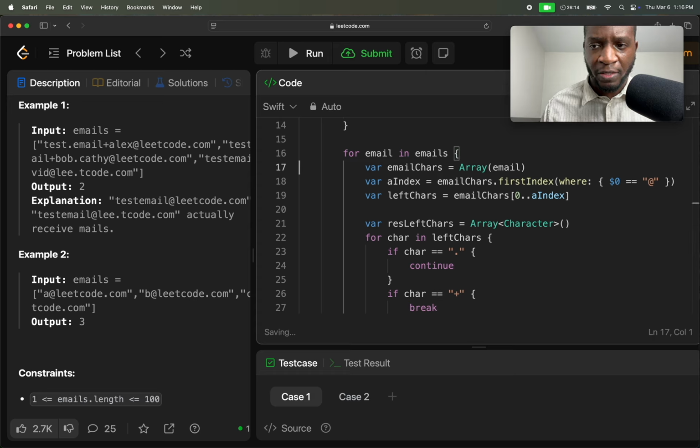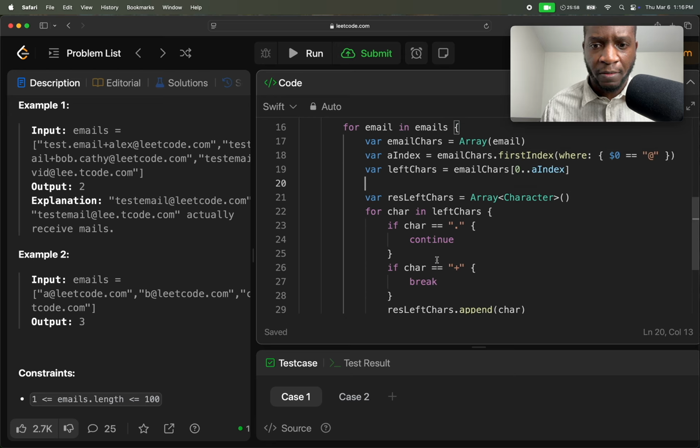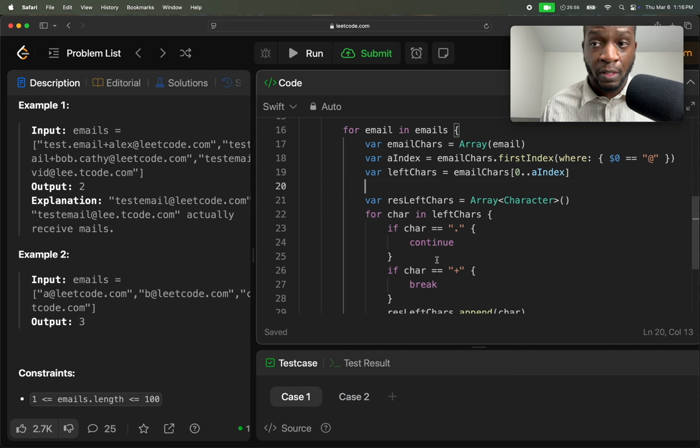What else am I using that I don't need? I need this, and then I need email characters. And then where am I using left characters? Yeah, using it here. I append. And then I need my right side as well. So I need to